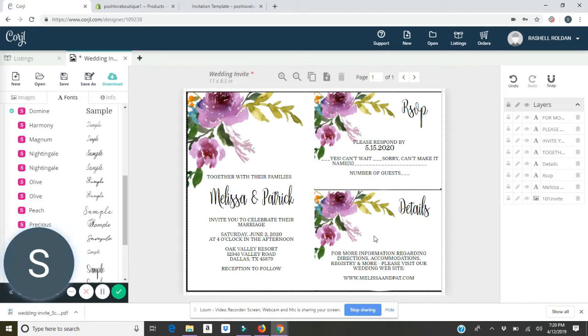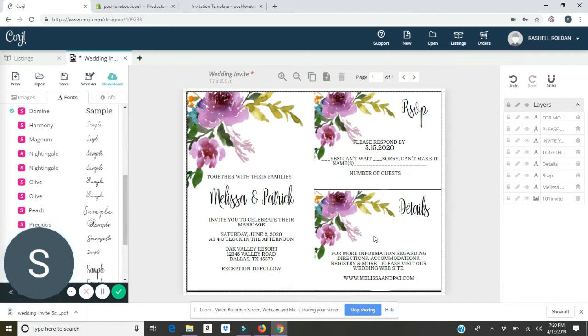And then all you have to do is print it out and cut it out. So it's very basic, doesn't require any special skills. The artwork is already in place for you. So yeah, that's really it. And like I said, it will save you several hundred dollars, and you can use this over and over again